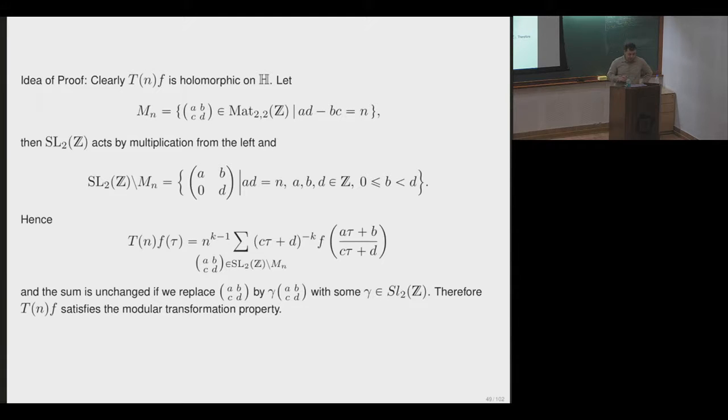And for this, we consider the set of all integer 2 by 2 matrices of determinant n. Now, if we multiply a determinant n matrix with a determinant 1 matrix, the determinant is not changing. Therefore, we have a natural action on this. And now, if we take the classes with respect to this left action, we just get these matrices we wanted to sum over. But now, if we sum over these matrices and apply an element of SL_2(Z), then